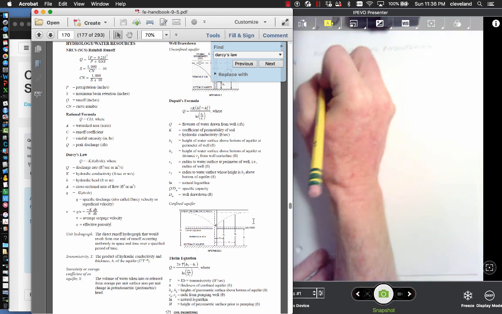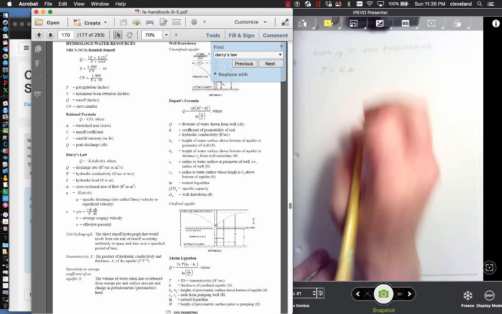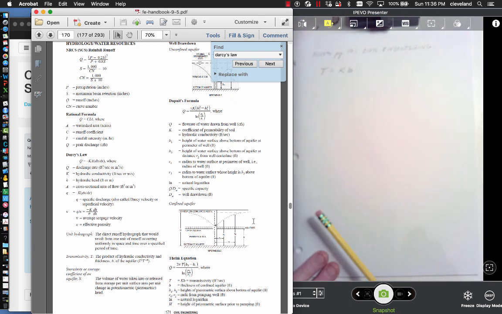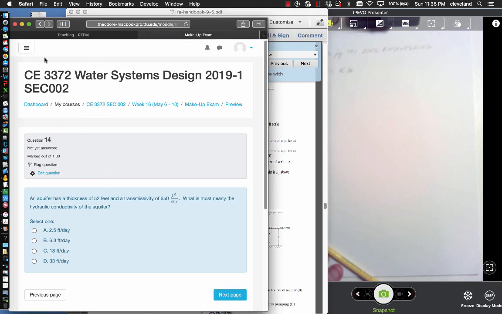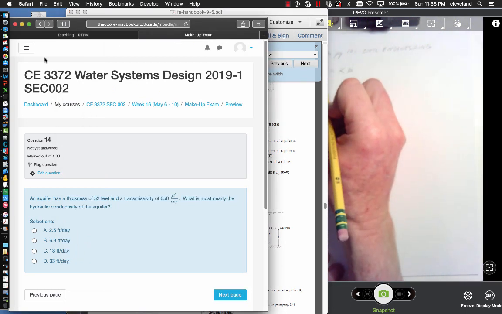It says the transmissivity T is equal to the hydraulic conductivity times the thickness. The product of hydraulic conductivity and thickness is the transmissivity. That is simply a definition. We will apply that definition and find the answer. So we know the transmissivity is given as, well,